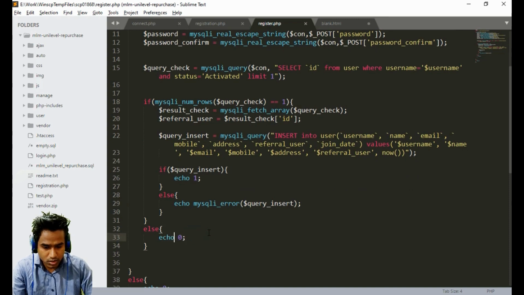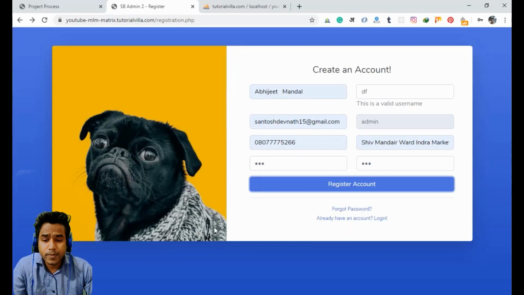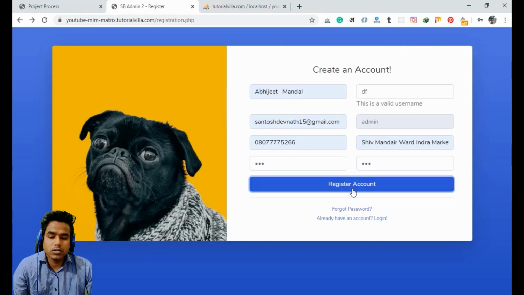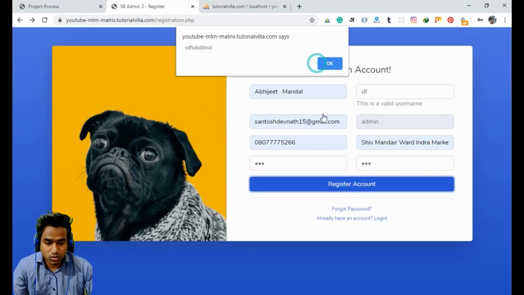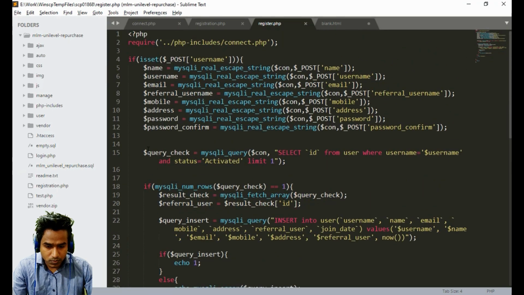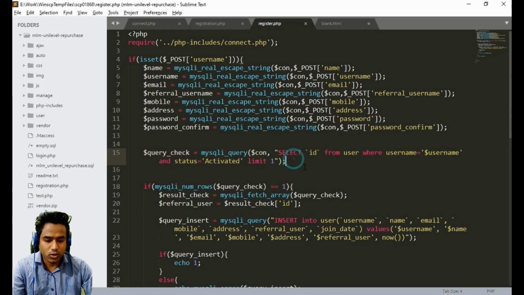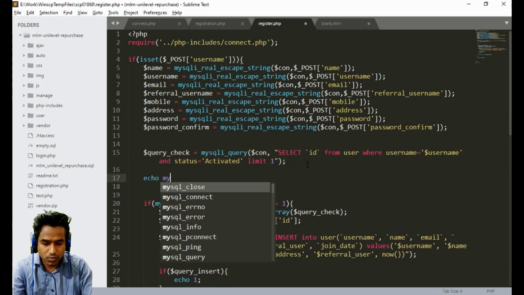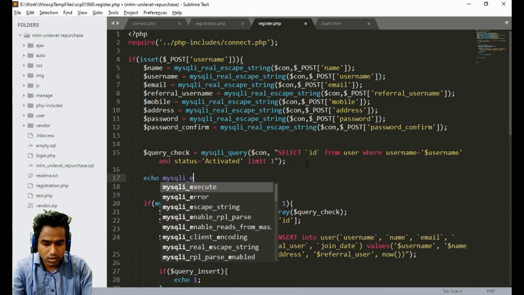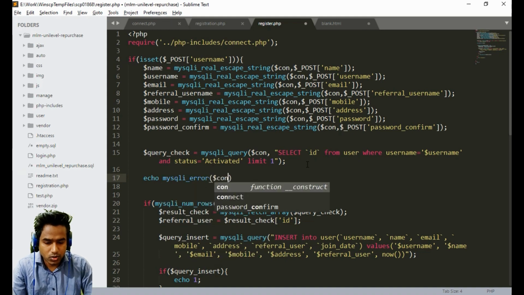Let's check if it is 0. Okay, anything print? So we are here, it means this statement is not working, so the error can also be here. Print MySQLi error con.